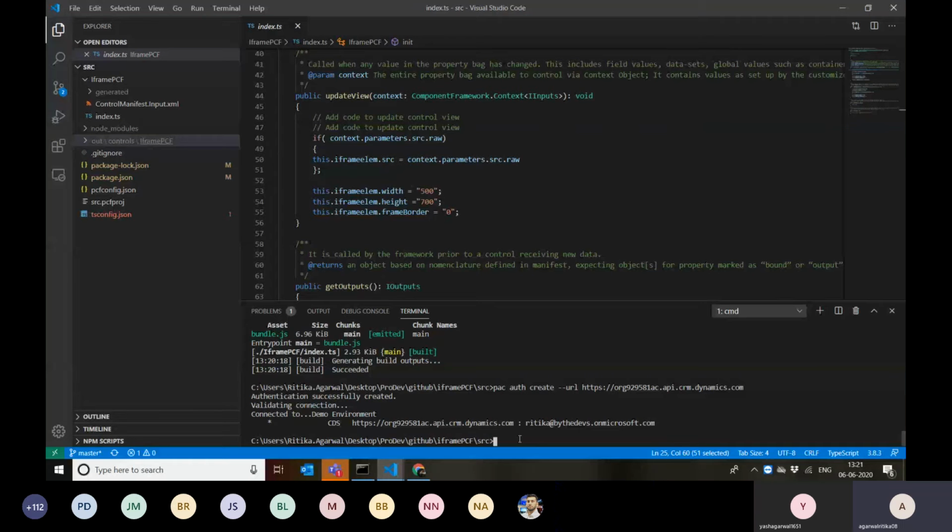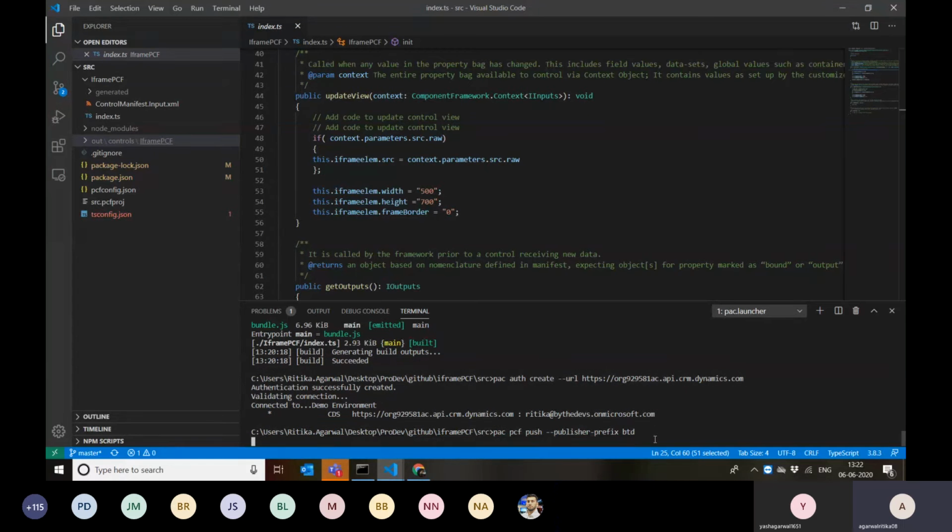Now to push this PCF, I can write the command something like PAC PCF push, and what would be my publisher prefix. So when this component is going to go in my environment, how the prefix is going to look like. So let's say we name this prefix as BTD for now. So PAC PCF push and then the publisher prefix.